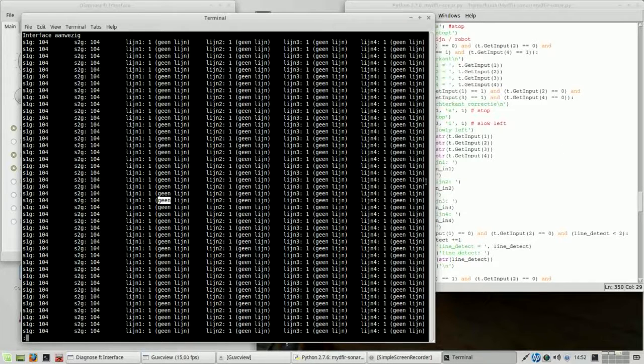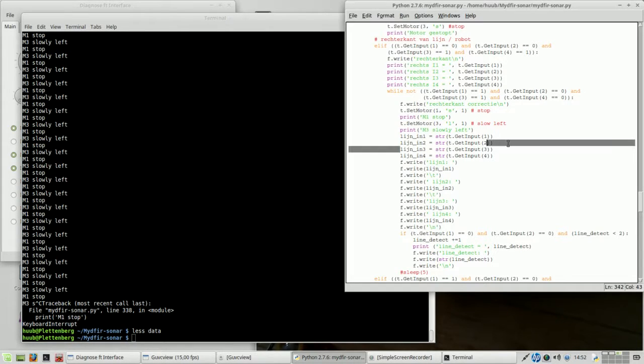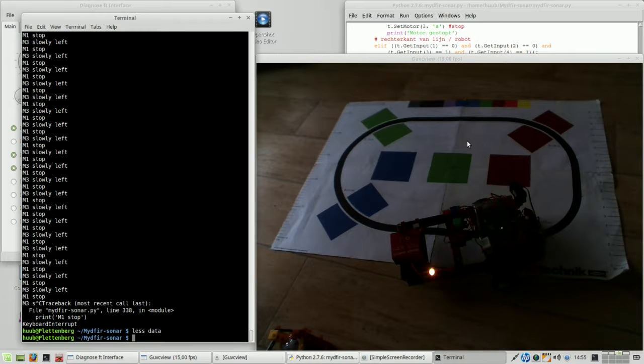But how to make it go from slowly left to following the line again? And this is apparently nice enough to detect the line, but not to continue following the line. So that's an algorithm problem. Yikes. Alright, so flaw in the algorithm,